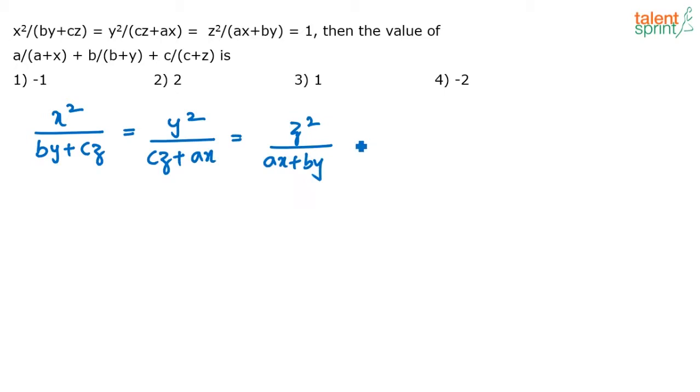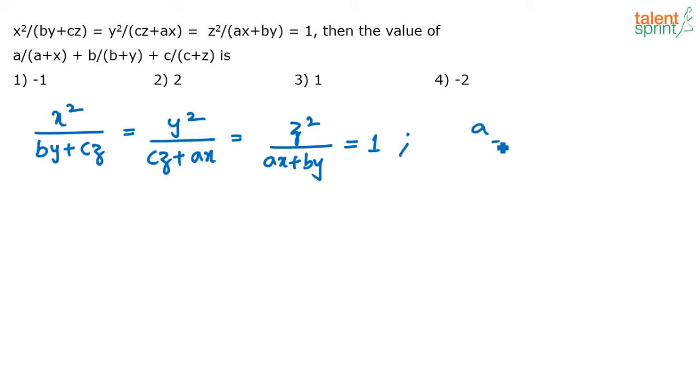Until now it was okay. I think the challenge comes here when it says it is equal to 1. Now balancing all this to 1, equating all this to 1 makes it a little complicated. So anyway, x squared by by plus cz equals y squared by cz plus ax equals z squared by ax plus by equals 1, and we are required to find